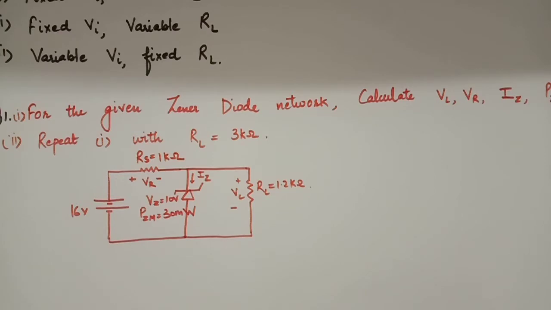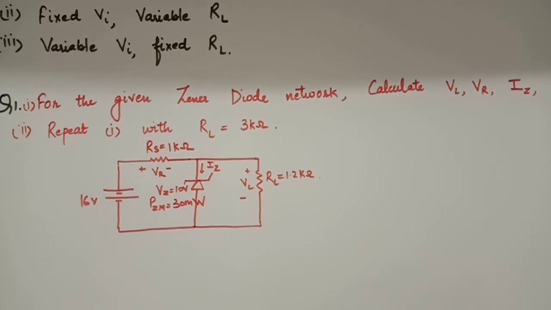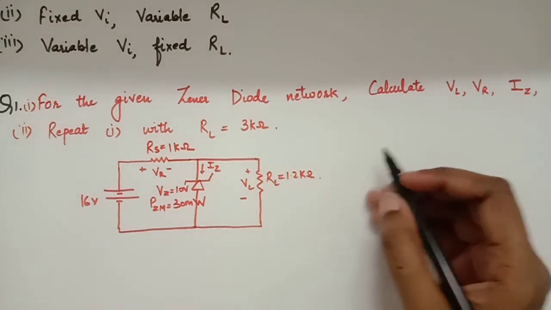And the important thing is to remember the strategy to solve the numerical. It's not important to just sit with a calculator and start solving the numerical by putting in the values. Before that, we must know the strategy, how to proceed and how to solve this numerical. I have also talked earlier that when we come across a Zener diode network, first of all, we should write the three equations that we discussed in the previous part of lecture 5. Looking at this circuit, you need to make those three equations, which are very easy.